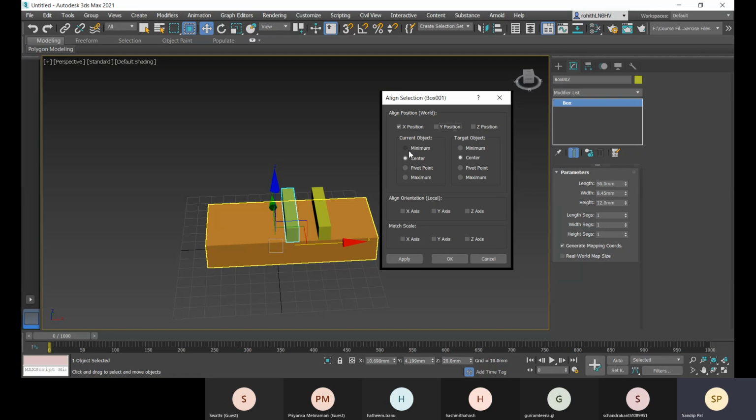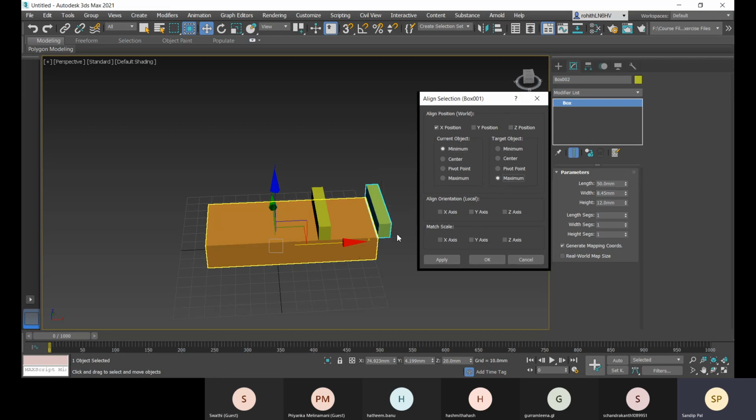And for that, I'll choose minimum and then the maximum, you see, that is that position. So the current object minimum and the target object's maximum. So you can align with the minimum to minimum.